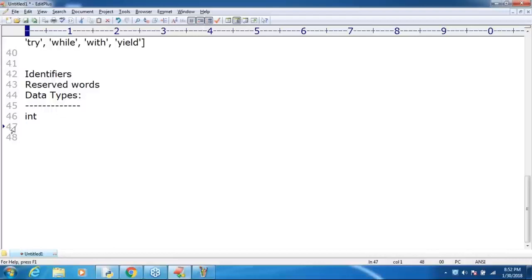Sir, in Python 2, long is also available, but in Python 3 long is not there. Remember that. In the old version of Python, long type is there, but in Python 3 even long values we can represent by using int type only. Clear, right? Okay, sir, that's all. This is one thing. Next, what about the remaining things?